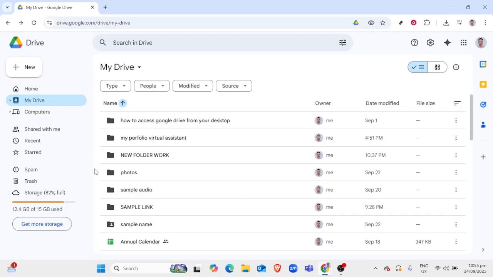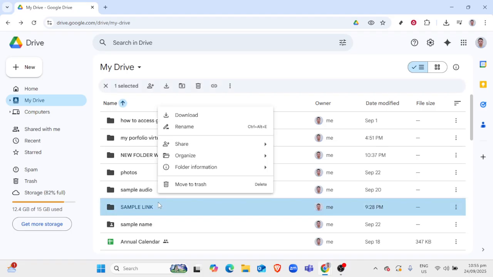Once you've located the desired file or folder, right-click on it to open a context menu. You'll see a variety of options here, such as Open, Share, or Rename. Look for the option that says Add Shortcut to Drive. It might be towards the middle of the menu, so be sure to scroll down if you don't see it immediately. This feature is incredibly useful as it allows you to replicate the item in another location without moving the